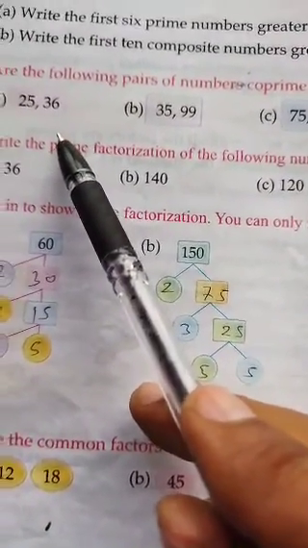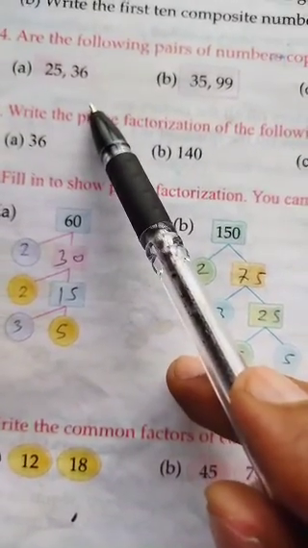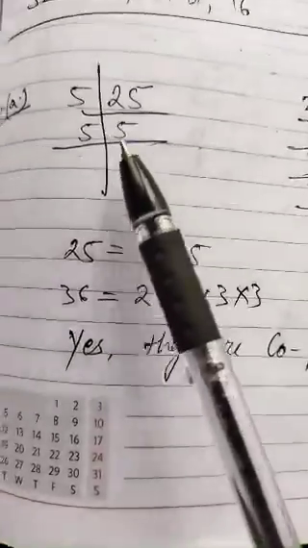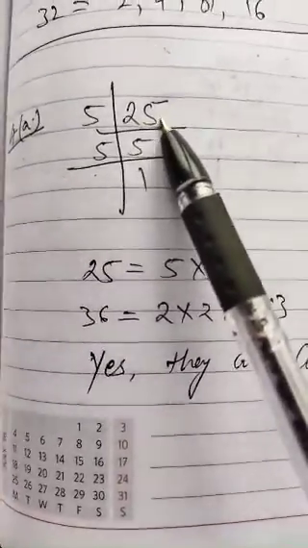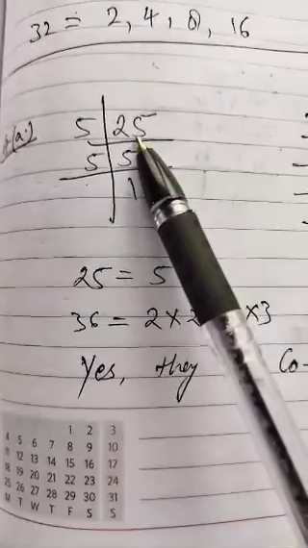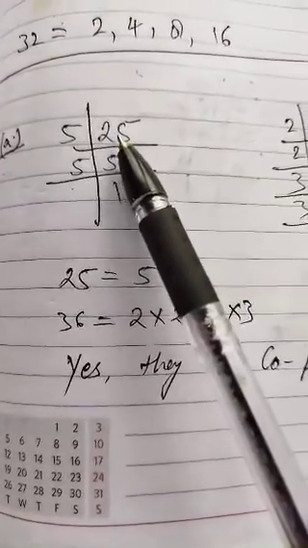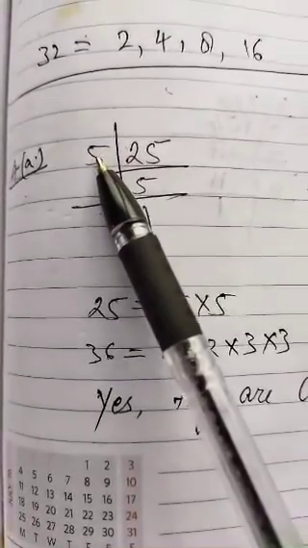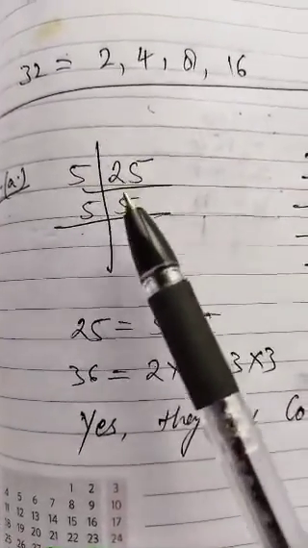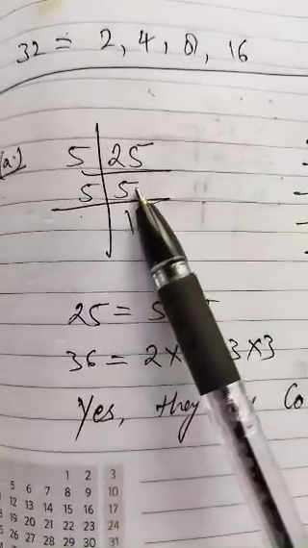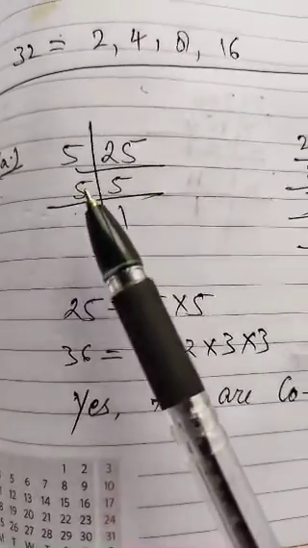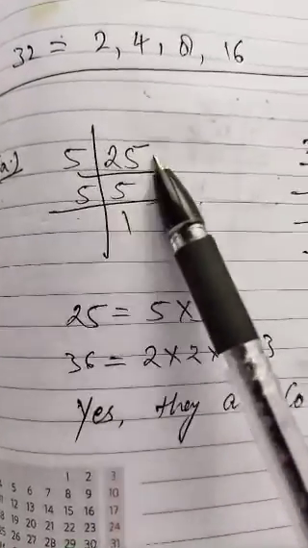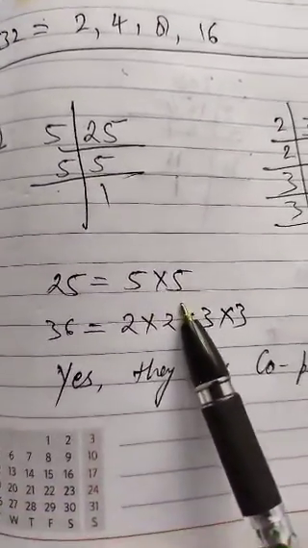Like the first one, I am doing for you. See, first of all, we have to find the factors. How has the factoring to be done? See, there is the number 25. We will see by which number we can divide this. So 25 can be easily divided by 5. So that is why we will put 5 here and divide it. It will be divided 5 times. So we will write 5 here. Now 5 is coming in the table of 5 only. So we will divide by 5, then we will get 1. Now the factors of 25 are 5 into 5.